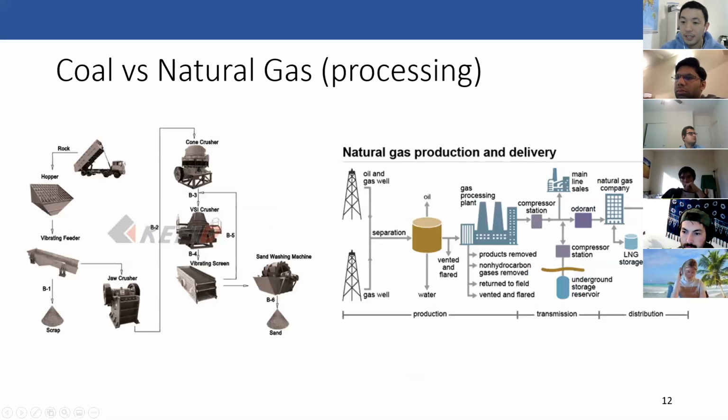Okay, so then once you've extracted the resources, there are some processing steps. For coal, basically all of the processing happens at the plant. So you've got these big, essentially freight trains that are carrying hundreds of train cars filled with coal. They arrive at the plant and sort of dump them out into this process where